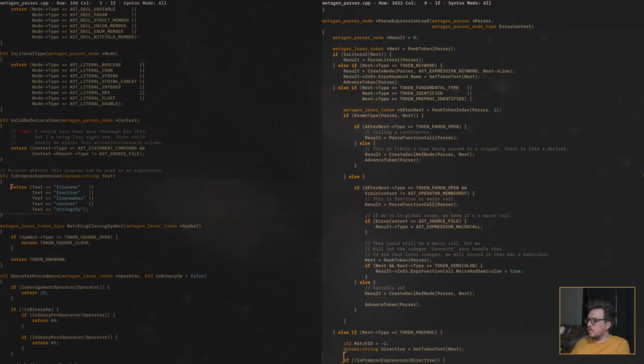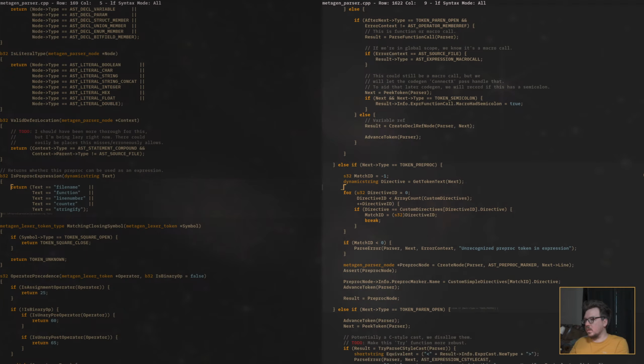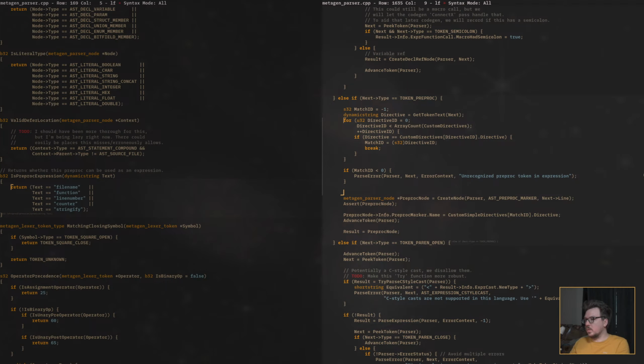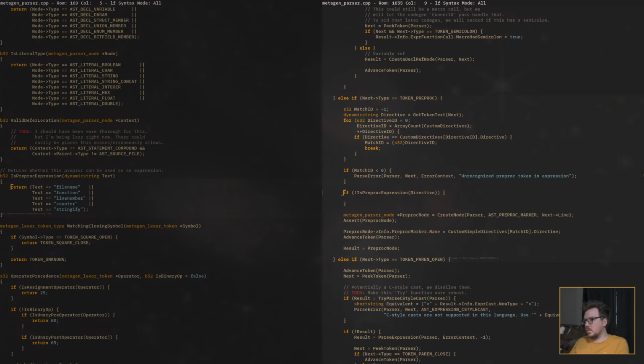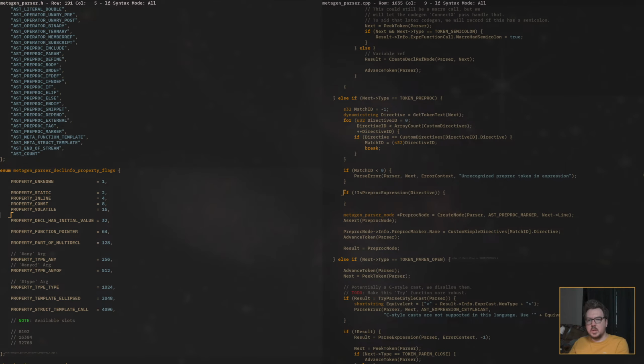Parse expression leaf. So, no, we do. We're not bouncing out of this, actually. This is where we grab all of our preprocs, I think. This just determines what type it is, right? I have to double check now.